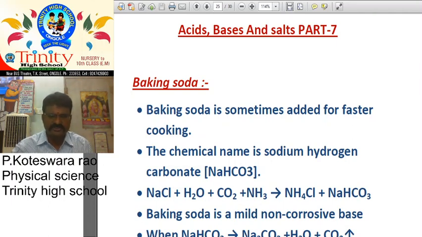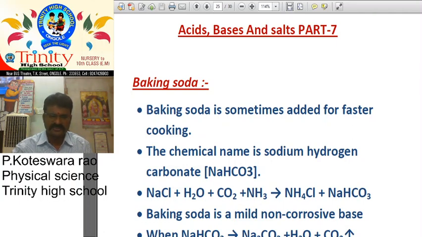Here how many hydrogens? Here 2 and here 3. First of all, we want to balance NH3. Here we want to take in one H, from that H2O we want to take in one H. NH3 and H gives NH4, and it can combine with Cl, ammonium chloride. Okay sir, we want to balance it like this.